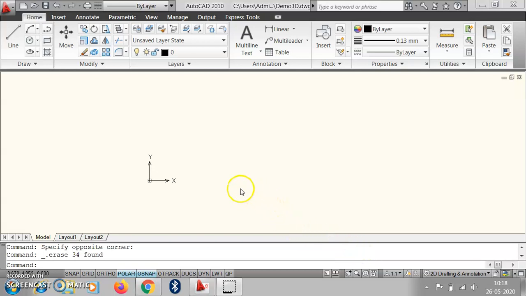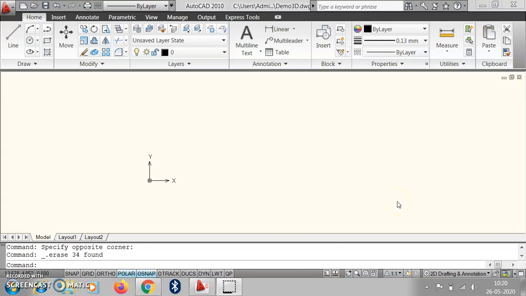Hello everyone. In this video, we learn about how to start the 3D and how to work with the 3D. So, we know that there is always a regular window or default window to do our regular work. So, here we have to change the workspace first whenever we start the 3D work.